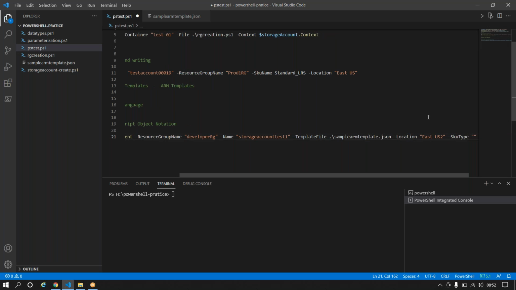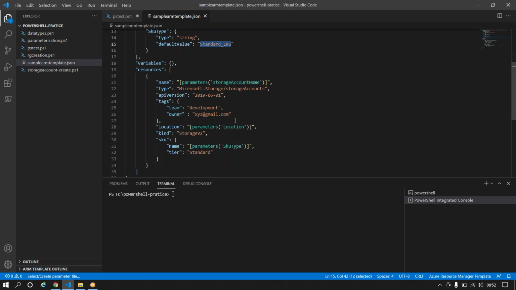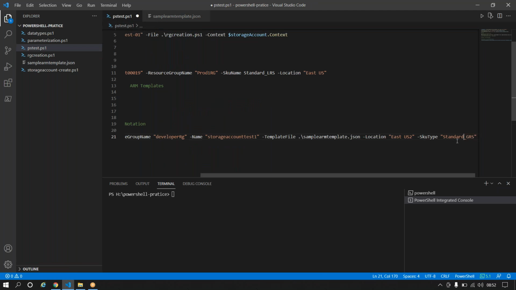I know I declared standard LRS, but the client now wants standard GRS. I think the spelling is wrong. Standard GRS. And now if I execute it out,